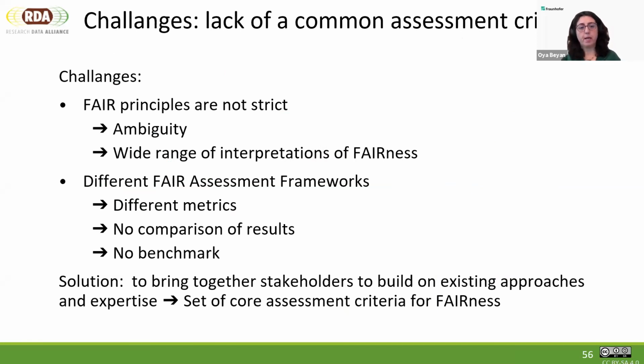For example, when you say that data is described with rich metadata, it might have different interpretations. If you have, for example, keywords about your data set, this is a data set about cardiovascular diseases, then do you satisfy this metric? Or do you need more metadata about different phenotypes, or do you need how a single measurement has been made, such as blood pressure taken when patients are standing or sitting?